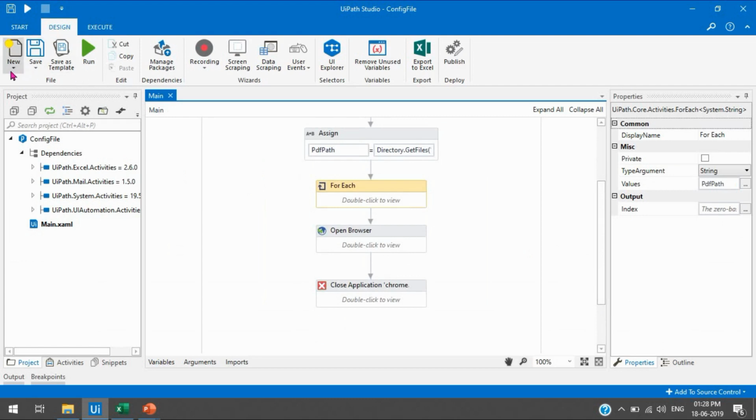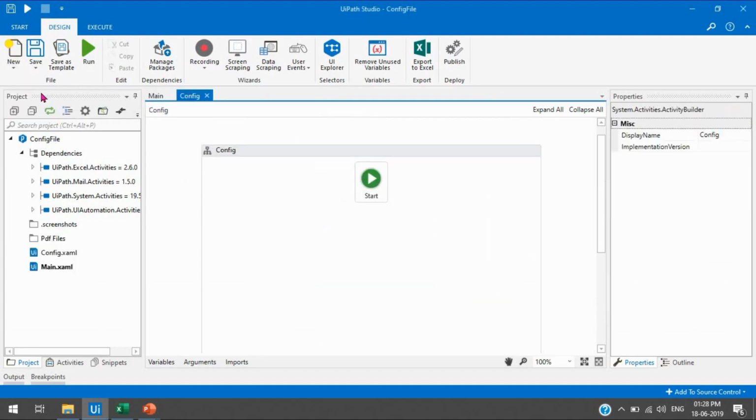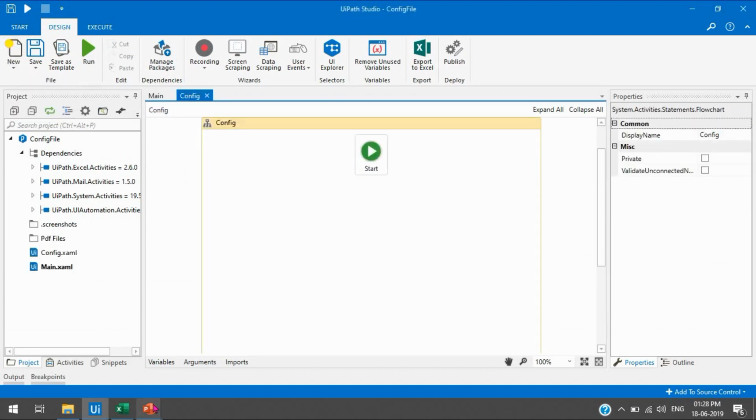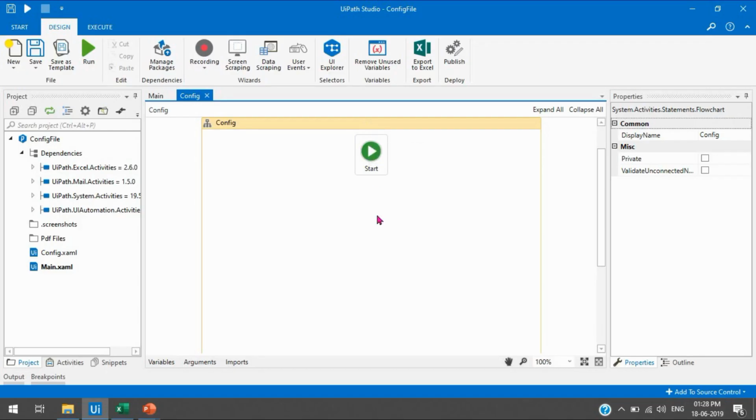So let me take one new flowchart called config. As I already told you, UiPath opens and reads the config file at start time. So we will first initialize the config file.